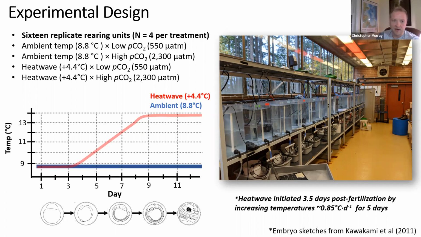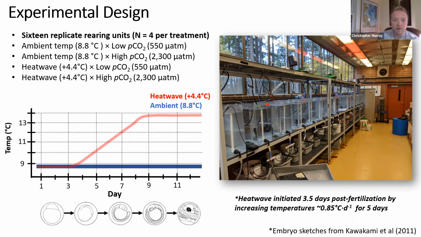So given various predictive models under various climatological scenarios, we could see, at least seasonally, levels that high by the end of the century. So it's also an important benchmark for a lot of acidification research because of that. If organisms can tolerate levels as high, then it's unlikely that ocean acidification is going to be a stressor for that particular species. I then crossed those two CO2 levels with 2 heat wave treatments. The heat wave treatments are a little bit complicated, but the schematic down below will give a graphical illustration of how this went down.